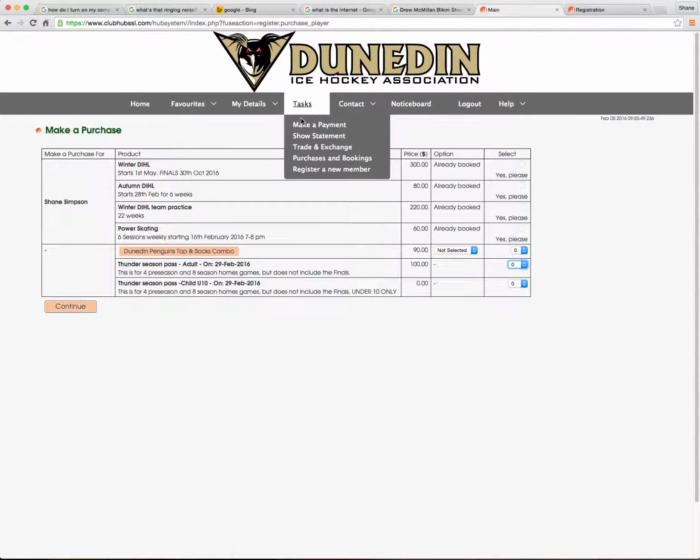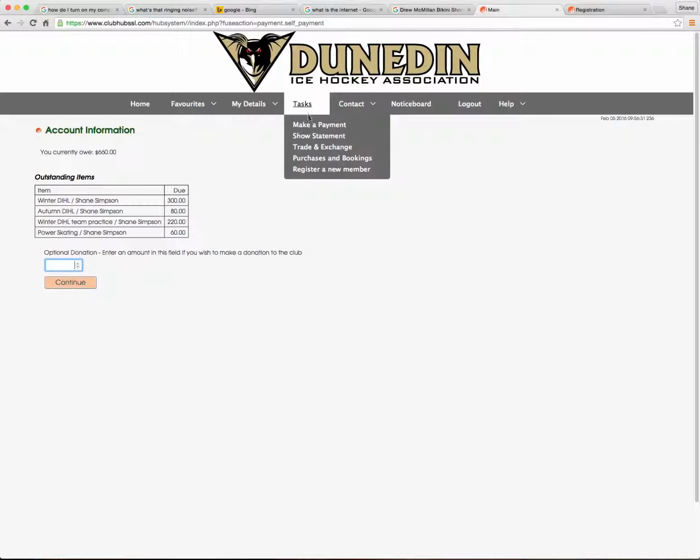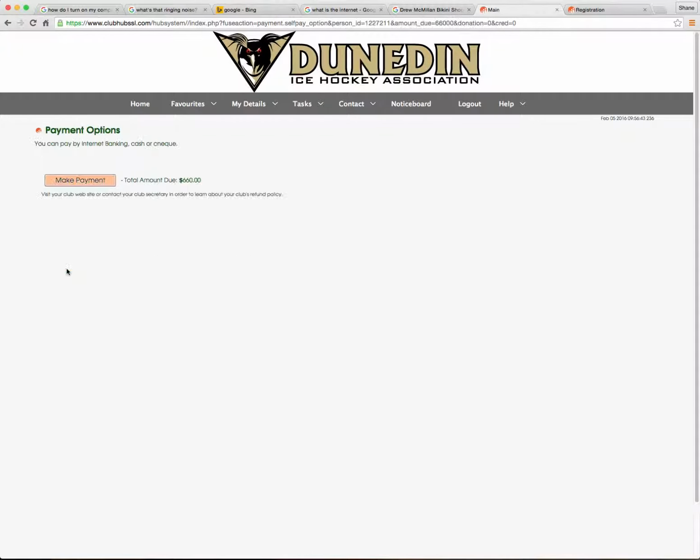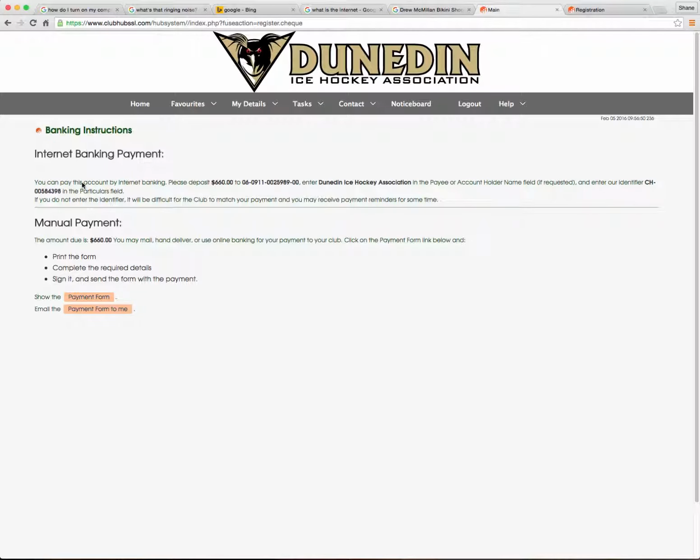I'm going to skip from there and go to making a payment. Pretty much everything you're going to do is under this taskbar. We can see everything I'm signed up for, space for an optional donation, and the currently owed amount. Clicking on continue, we can see that we can make a payment by internet banking, cash, or check. Clicking on make a payment one more time shows us our total amount once again,